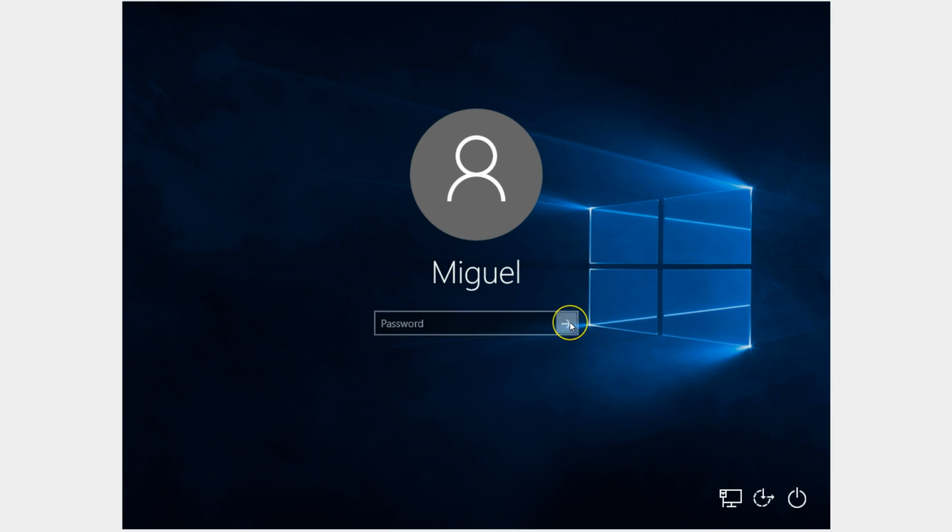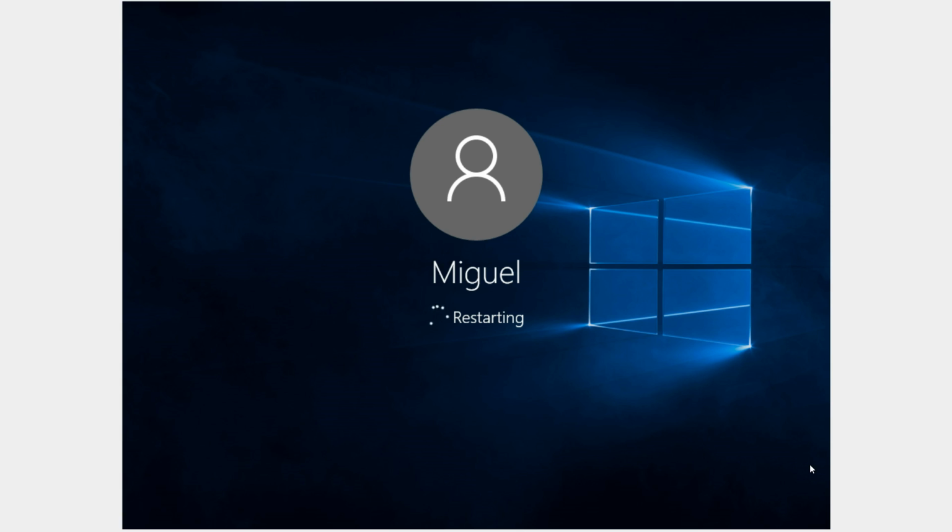Once that disk or USB has been created, go to the computer you are locked out of. In this case, as you can see, I can't access my PC. I totally forgot my password. You will need to restart this PC and access the BIOS to change the boot sequence to boot from that bootable media you just created. So I'll click on Start,